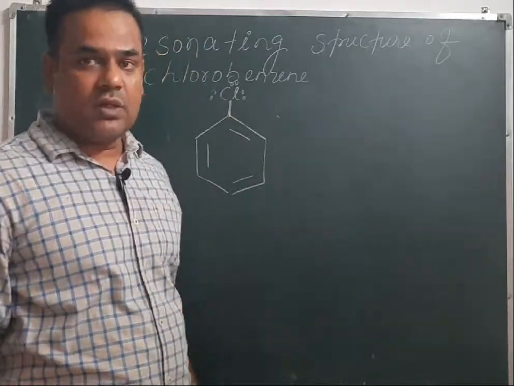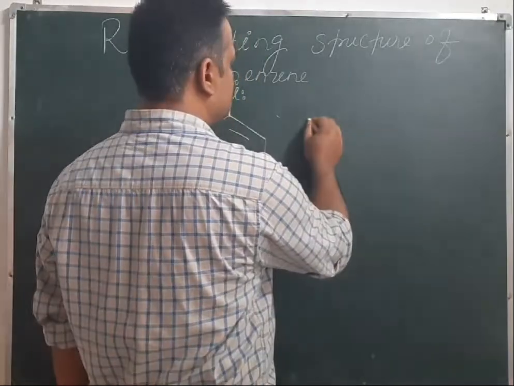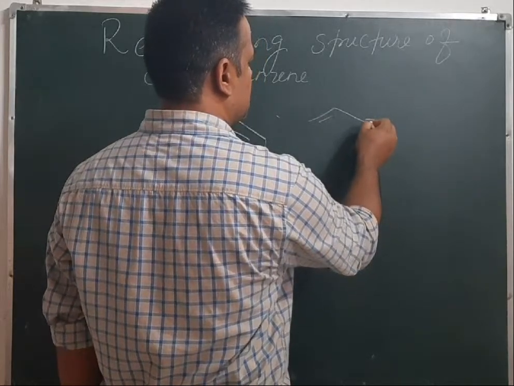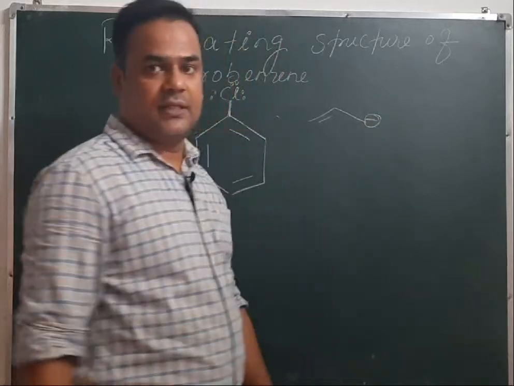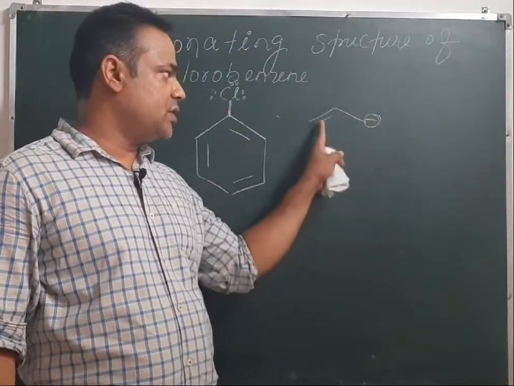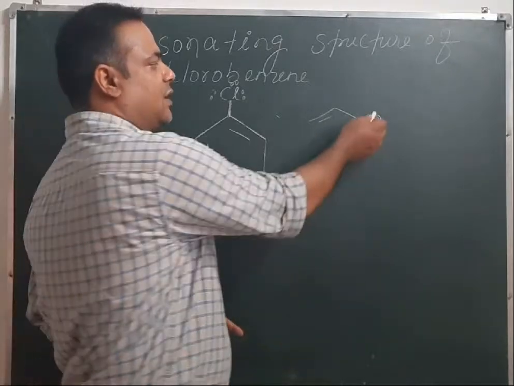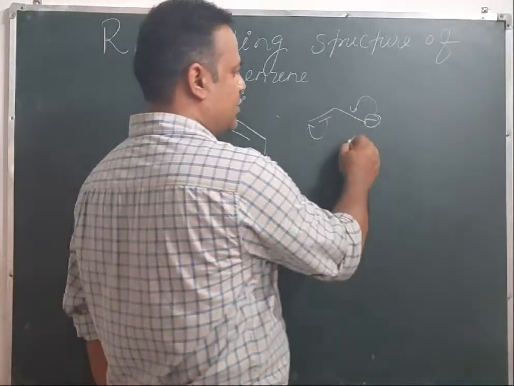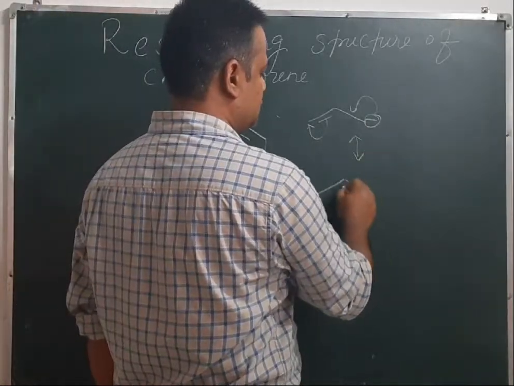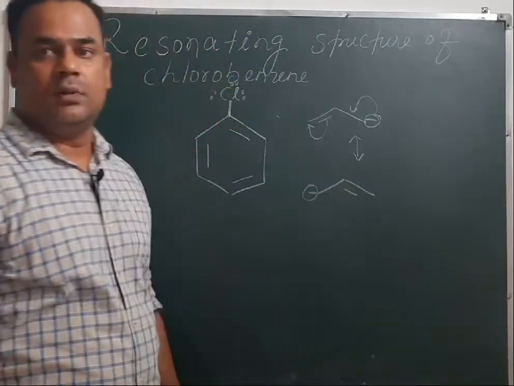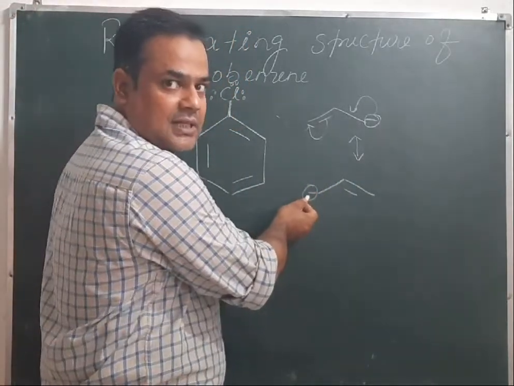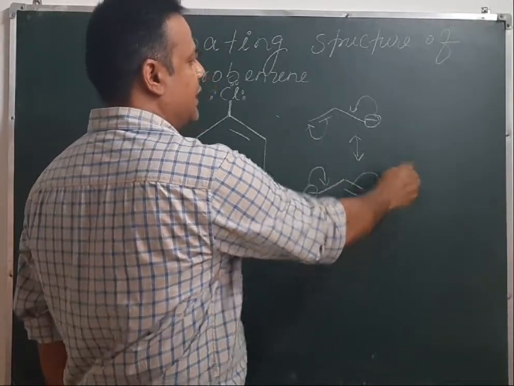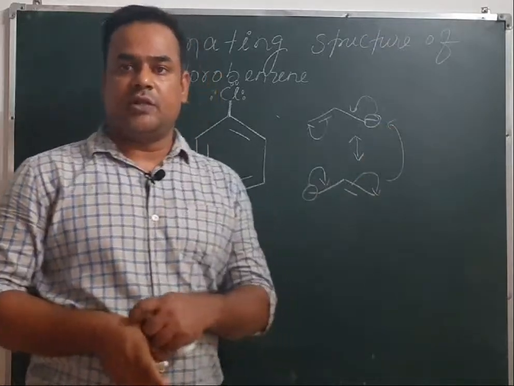Similarly, if a negative charge is in conjugation, means if we have an arrangement like this, suppose a negative charge is there, then you can see this negative charge is in conjugation with this double bond. So this negative charge will undergo resonance and it will produce a resonating structure. Similarly, again this negative charge is in conjugation with this double bond, so it will go here and we will get this structure. So this is the resonating structure.